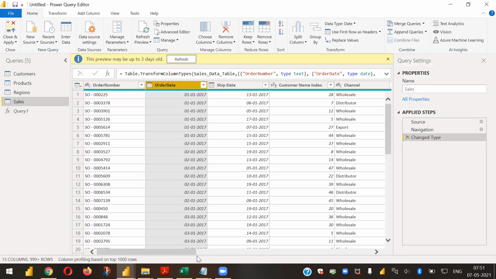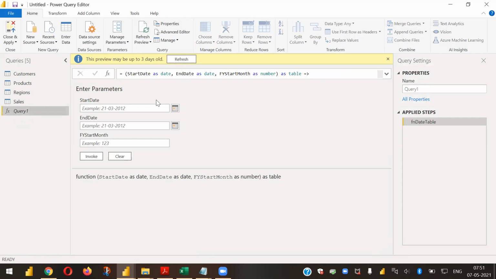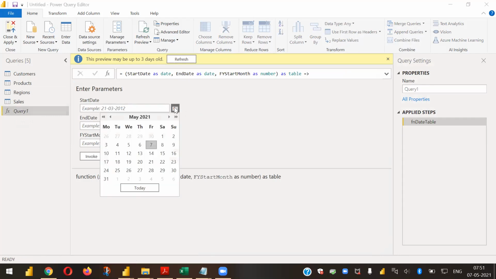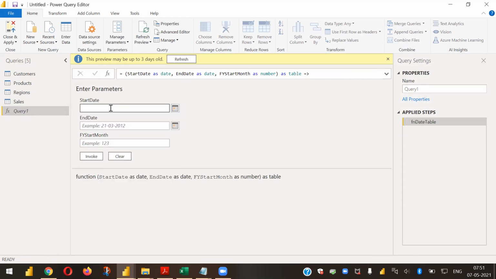So you know your start date, and for the end date you can give 2021, even though it is not the actual end date, you can go a little above what is needed. You can just type in the format. I'll type 01 01 2017 as my start date, and 31st December 2021 as my end date.